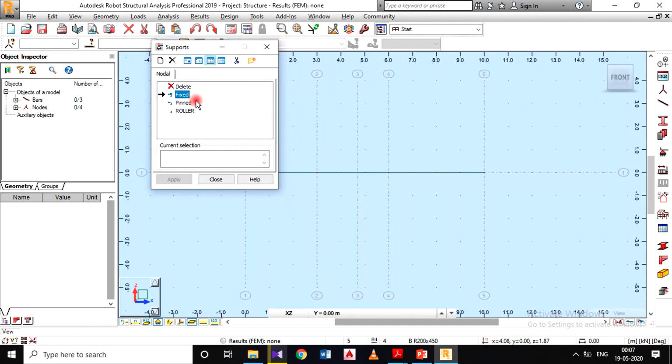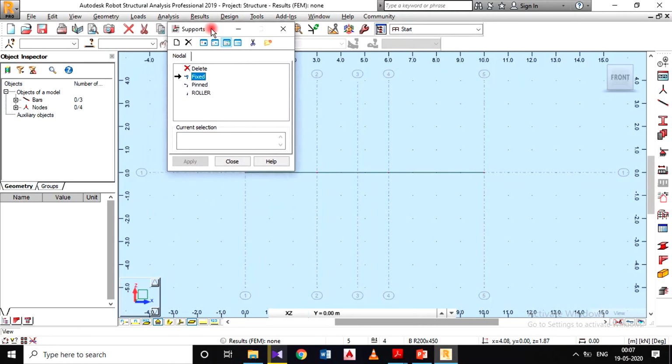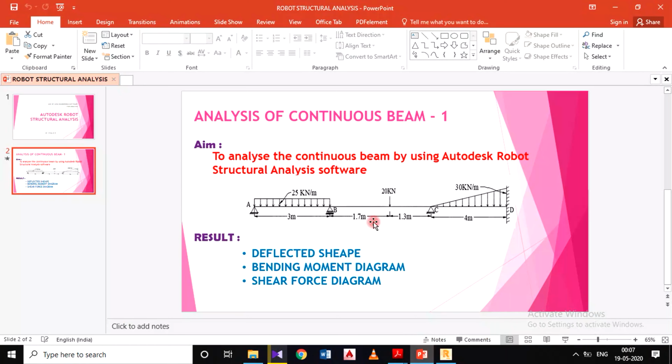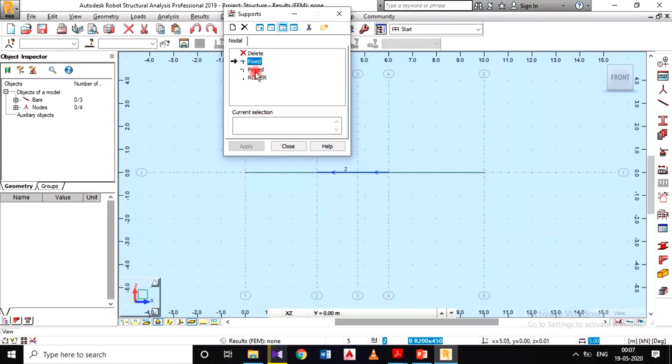Pinned is nothing but hinge, and roller fix is there. The first one is our hinge support. So I will click on the pin. Pin is nothing but the hinge support, or you can delete the entire thing and define it anew. Okay, I will show that one also.